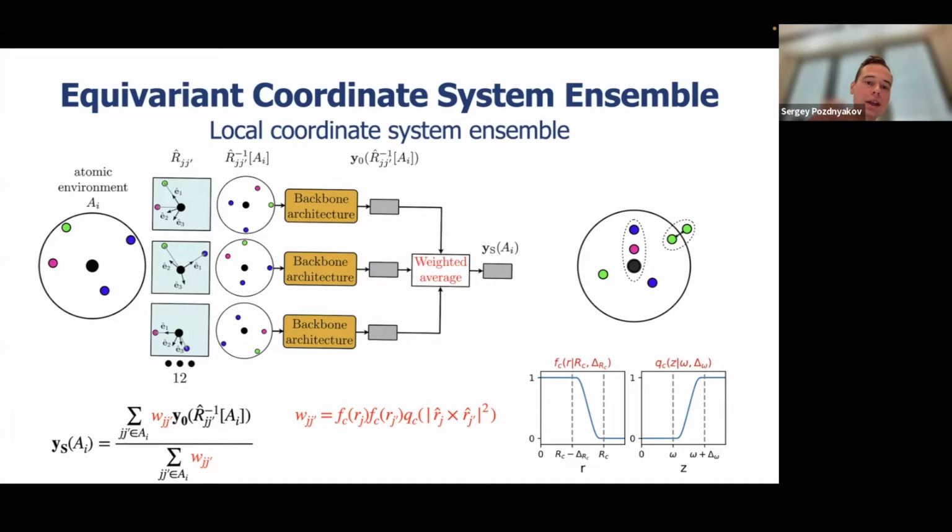We introduce a weight associated with each local coordinate system. These weights are constructed out of two stitching functions, which look like this. And let me explain how these weights fix